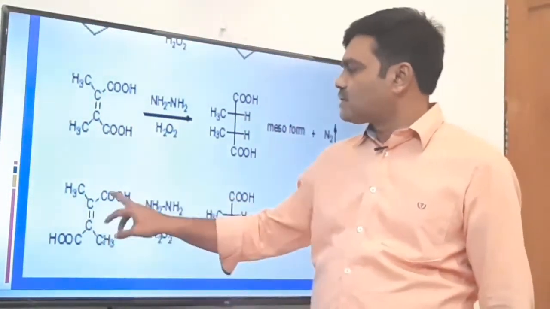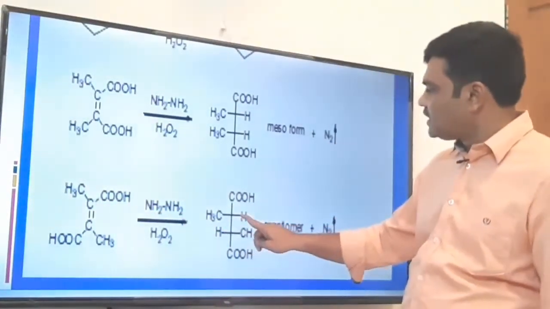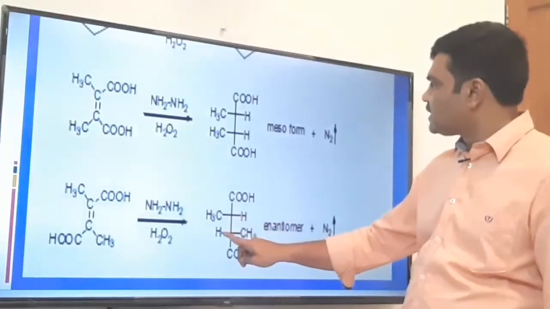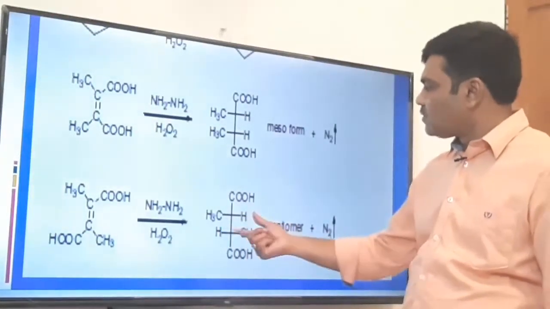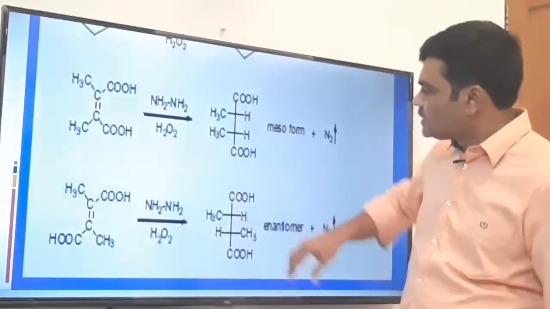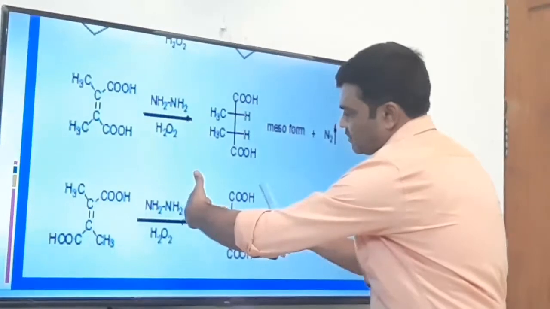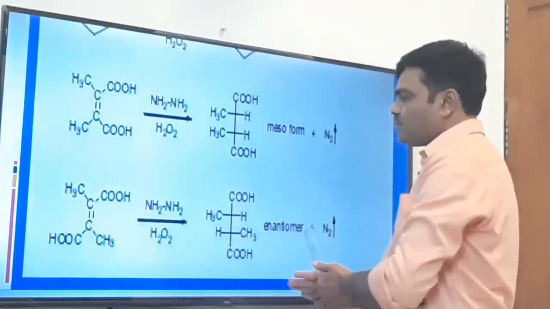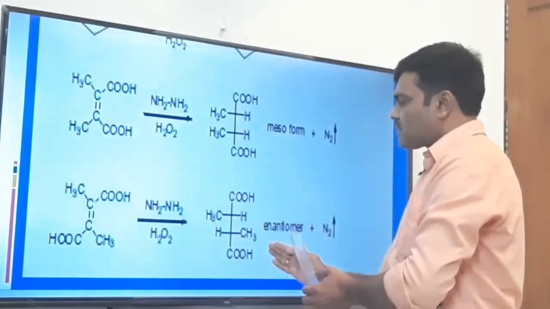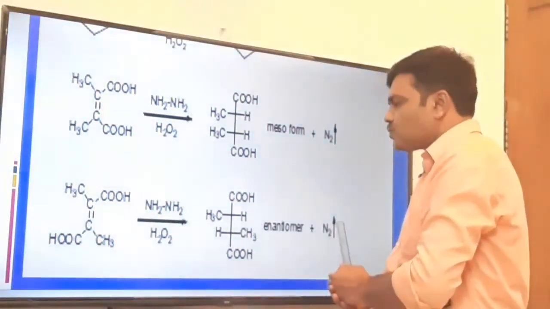It is a trans isomer of the same. Here also the change is there. Hydrogen addition takes place from the opposite side. Now this may happen, or the opposite is the case, that this hydrogen is added from this side and this hydrogen is added from this side. Both the cases are obtained. So in this case, we get the enantiomeric pair. If you compare this compound with its mirror image, these two are the enantiomers.